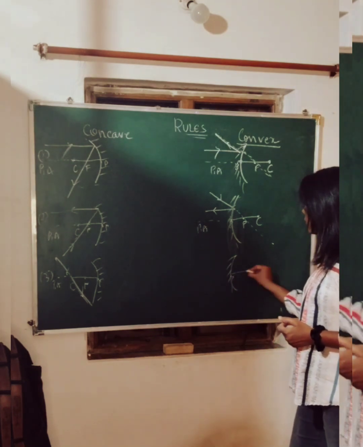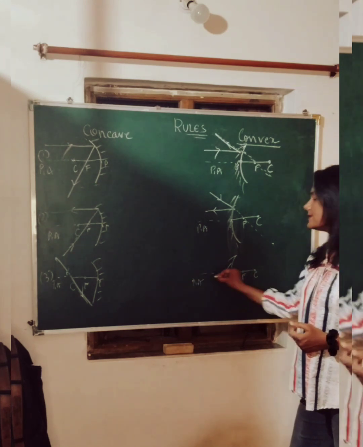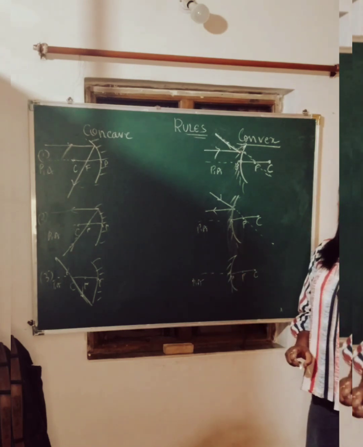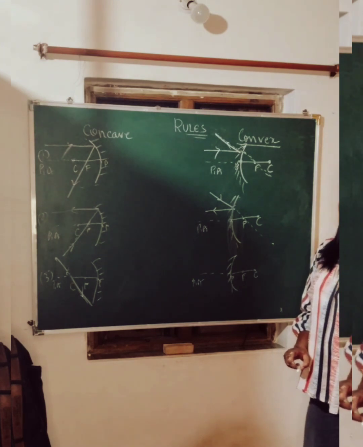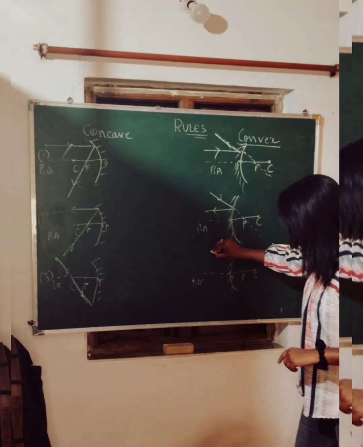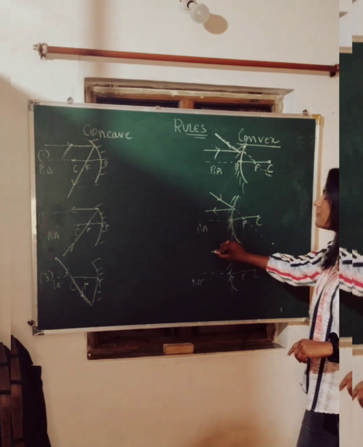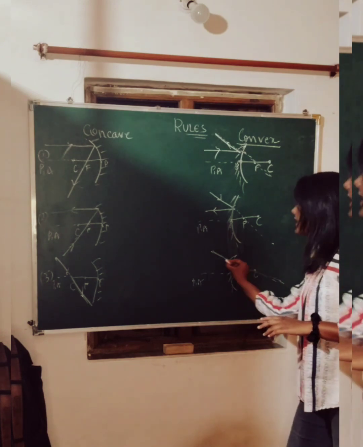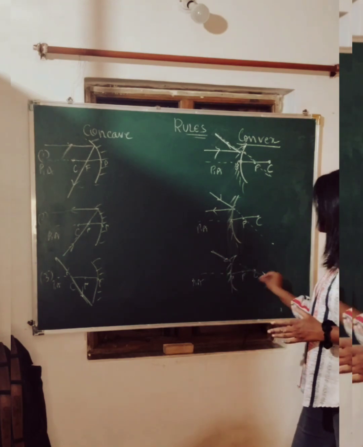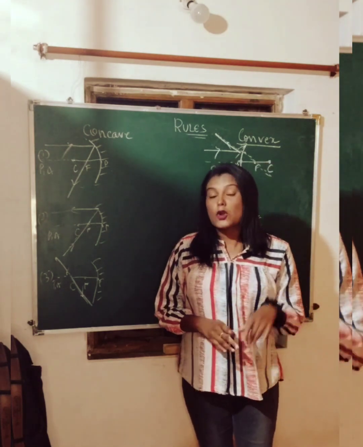Let us see the third rule. This is going to be your pole, center of curvature and then focus, and this is going to be your principal axis. If an incident ray appears to pass through the center of curvature, use the word appears in case of convex mirror, then the reflected ray also comes back in the same direction. These were the rules for the spherical mirrors. Remember guys,